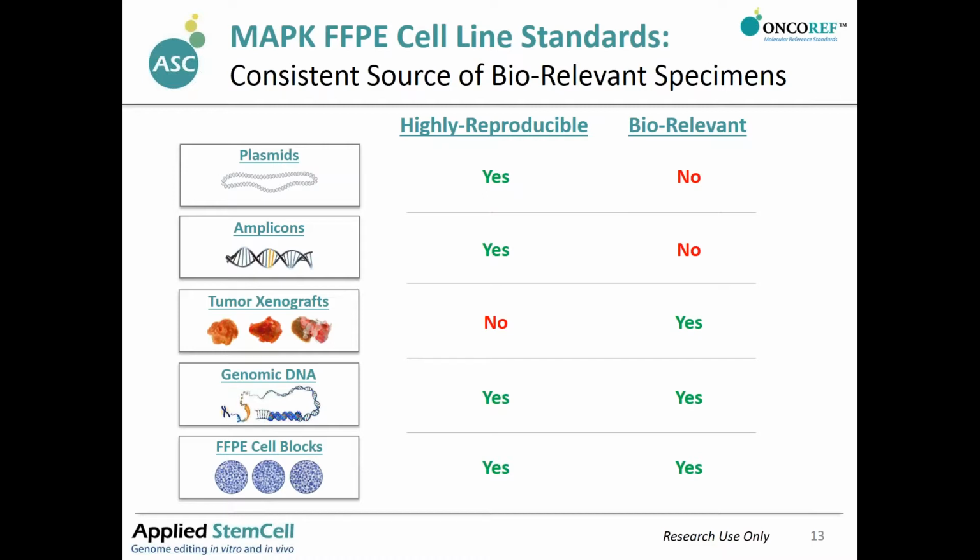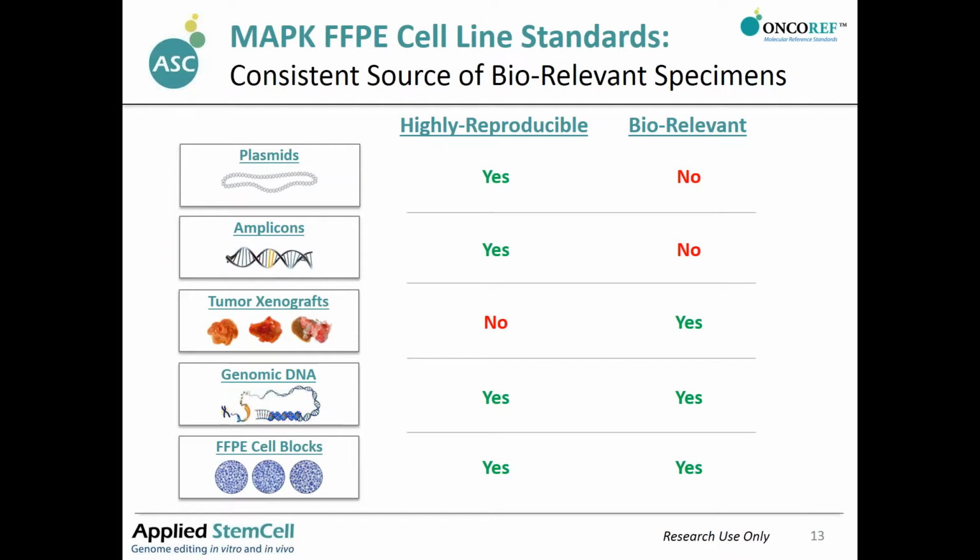Because there aren't a very large number of precision reference materials currently on the market, a lot of times researchers will have to resort to using materials like plasmids and amplicons for assay development. The benefit of these is that they're highly reproducible, but the problem is that they're not very relevant to biological specimens, simply because plasmids and amplicons don't really look like any materials that you would find in a biological